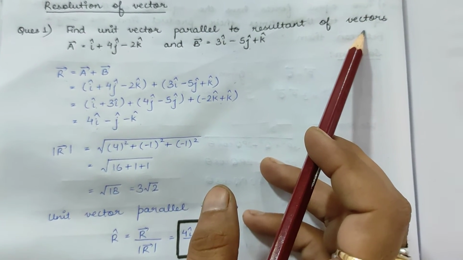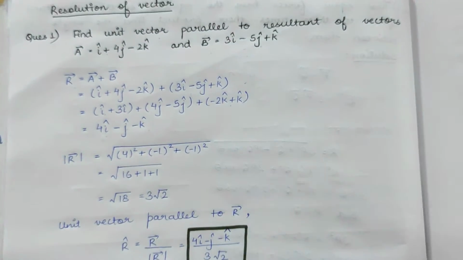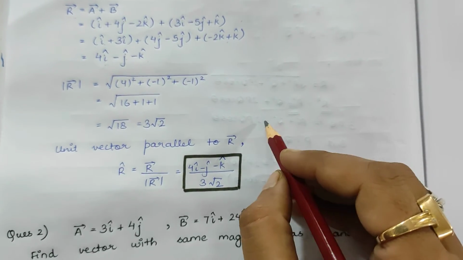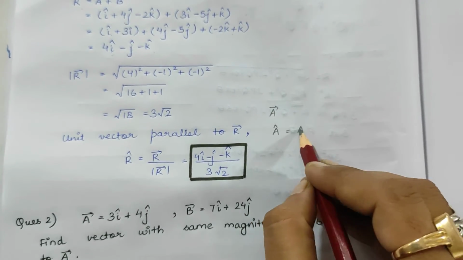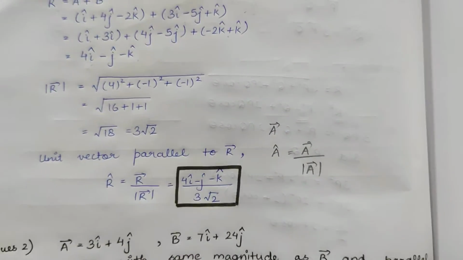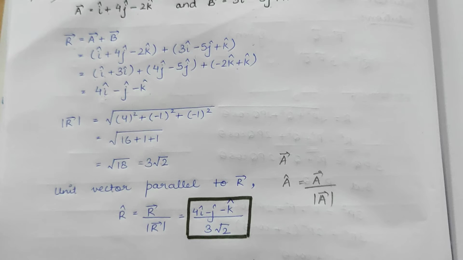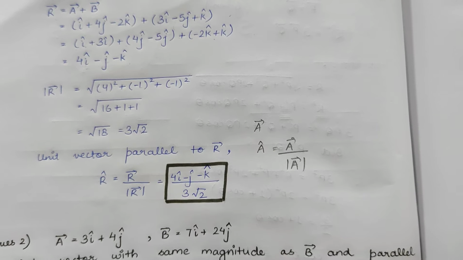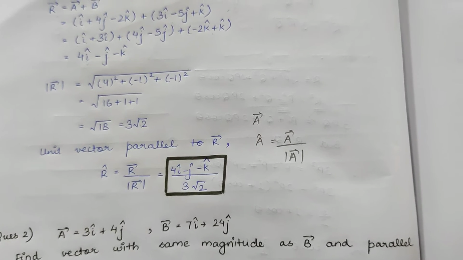When we talk about parallel vectors, we mean they are moving in the same direction. I told you how we can find the unit vector of any given vector. Suppose A is a given vector, then its unit vector will be given by vector A upon magnitude of vector A. So here also the unit vector parallel to vector R will be R cap, which is equal to vector R upon magnitude of vector R. So (4i cap minus j cap minus k cap) upon 3 under root 2 will be the unit vector parallel to